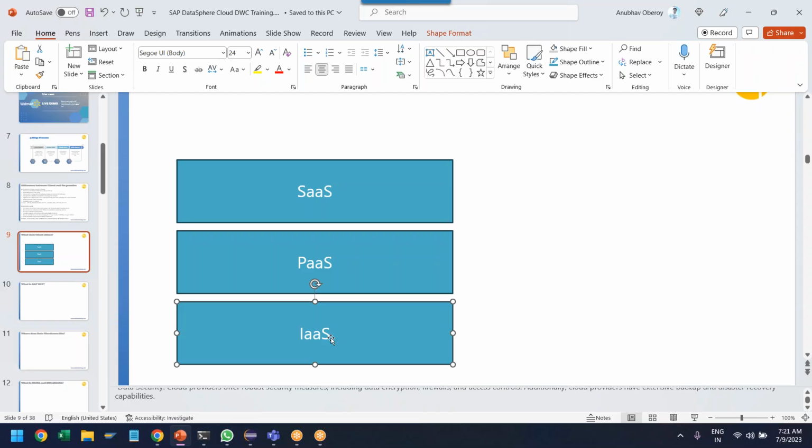Whereas I can go to some company and say, hey, I don't want to go to some market and buy 10 gigabyte of RAM and 20 megahertz of CPU. Do you have such a computer already readily available for me, which I can just consume? So they say, yes, we do have. What is the configuration you need? We can do it for you. And you just pay us $10 a month for that computer and use it over the internet. Wow, that's amazing. That's exactly called infrastructure as a service,